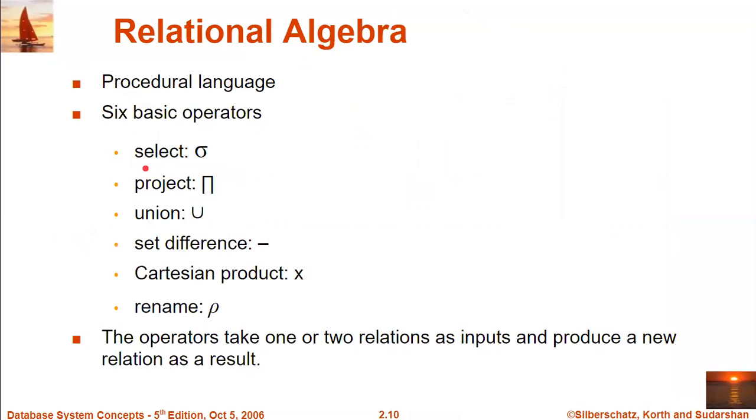Select operation. Selection operation is represented with the help of sigma, and this is known as selection. And then we have the project operation, which is represented by pi, that is projection. If we talk about the selection operation, it means we are using the where condition. Suppose I want to retrieve data of students who belong to the CSE department, then my query in SQL will be like this: select star from student where department name equal to CSE. So that is the purpose of using sigma over here. In relational algebra we will be using the sigma operator instead of the where clause.